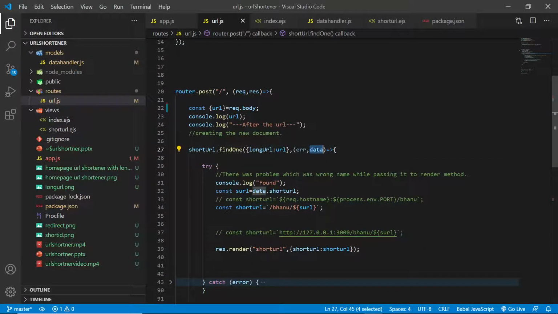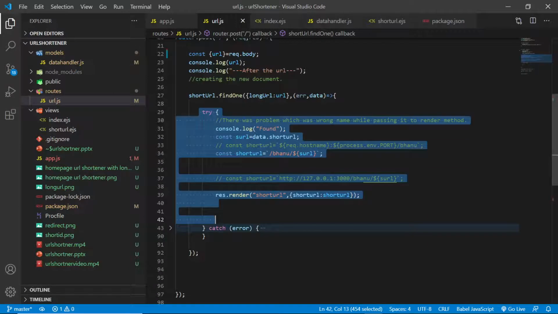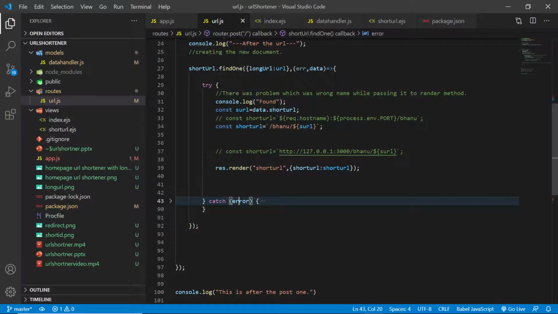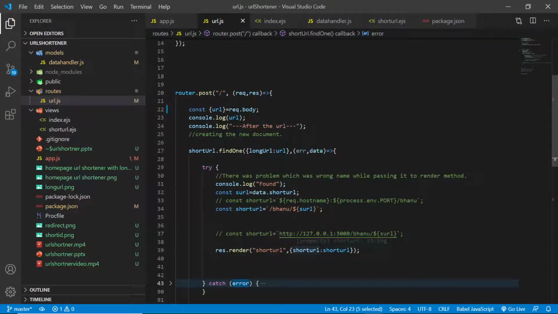So if we get back the data, we will run this try, and if we don't get back this data, we're just printing back the URL. So if the URL entered in the browser is present in our database, we just console log that it is found, and if it is found, what we can do is, instead of storing it again, we can just retrieve the short ID and attach it with the host name and give it back to the user.